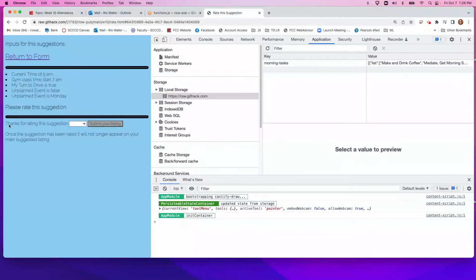So again, down here, I said, thanks for rating the suggestion. How well were these things? I gave it some basic data output, and here's the information that went into it. I could have allowed the user to actually update this, but I decided to just say, hey, how well was this suggestion? And if I said it was good,